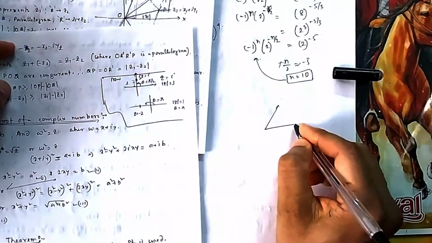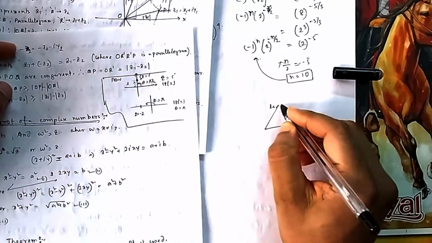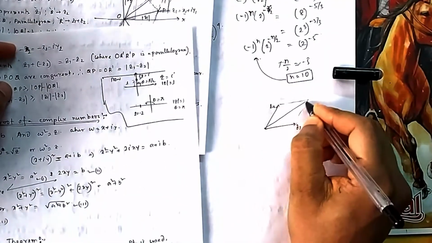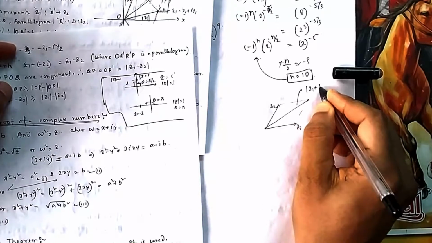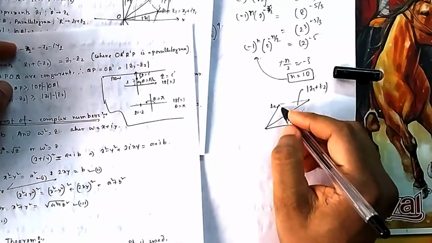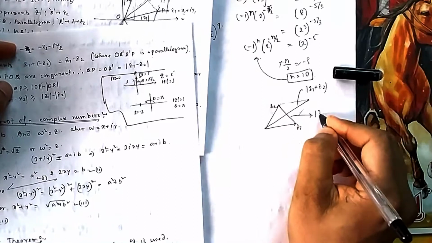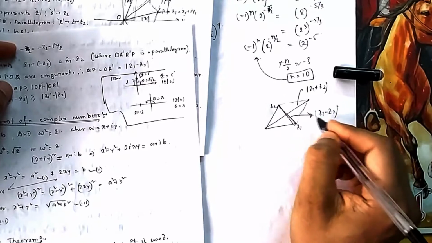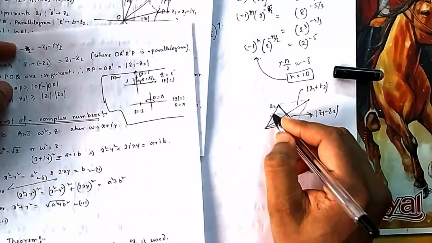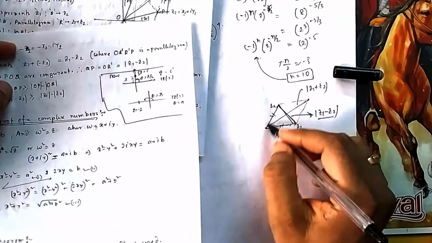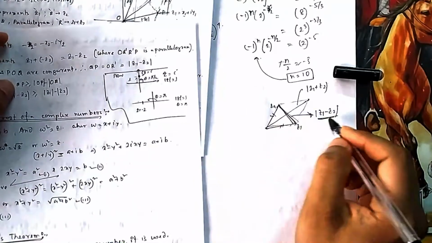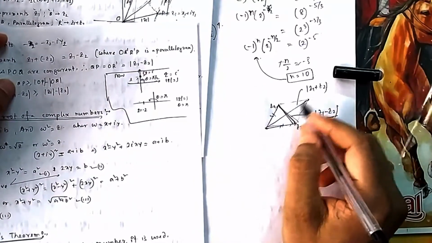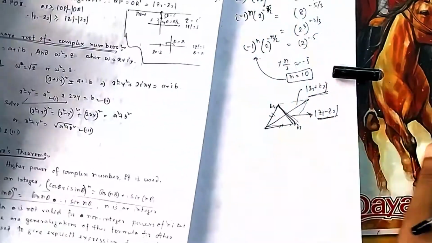Now if you have two complex numbers, suppose this is Z1, this is Z2. Suppose you need to find mod Z1 plus mod Z2. So this is representing mod Z1 plus mod Z2. You want to find mod Z1 minus Z2. So this represents mod Z1 minus mod Z2. If it is a parallelogram you make it, these two are given to you. So this diagonal represents the length of the difference, and this diagonal represents the length of the summation.